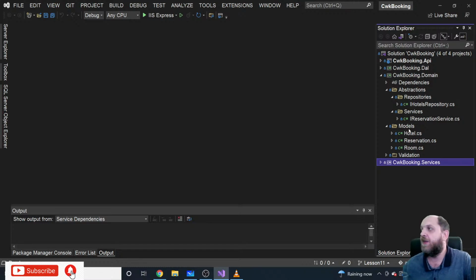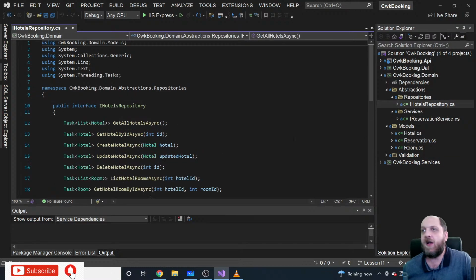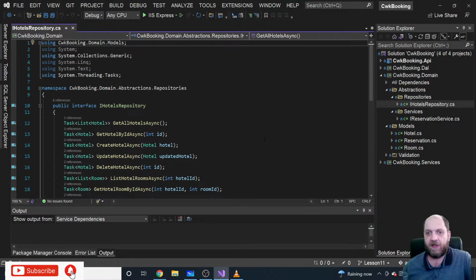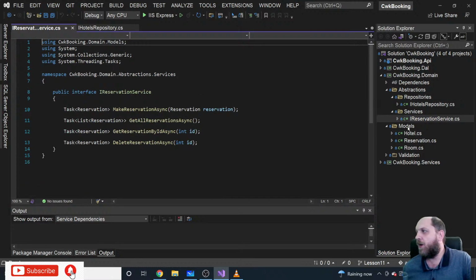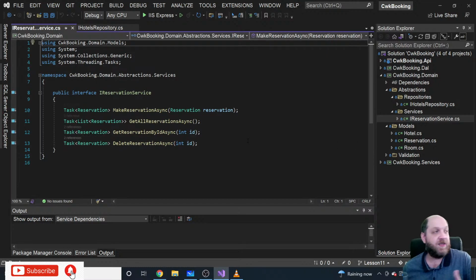So we have placed two interfaces. We have this IHotelRepository, an interface that defines what our repository should do, and we'll talk about repositories as a recap in just a few minutes. And the other one is an interface that defines what a reservation service in our application should do. So those interfaces would regularly, according to this more traditional layered architecture, also be placed here